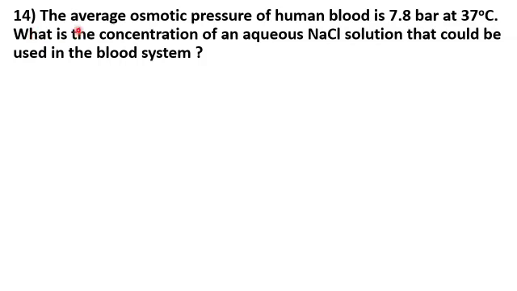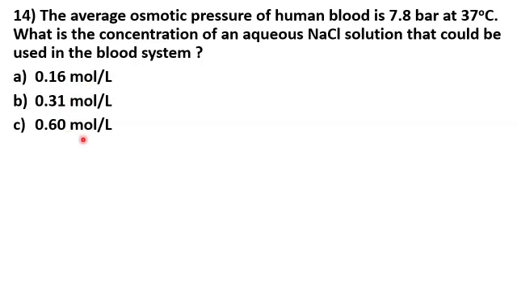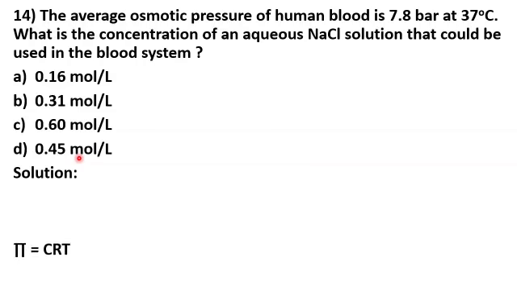Question number 14. The average osmotic pressure of human blood is 7.8 bar at 37 degrees Celsius. What is the concentration of an aqueous NaCl solution that could be used in the blood system? Options are A 0.16 mole per liter, B 0.31 mole per liter, C 0.60 mole per liter and D 0.45 mole per liter. So here we can use the formula of osmotic pressure, that is pi is equal to CRT,